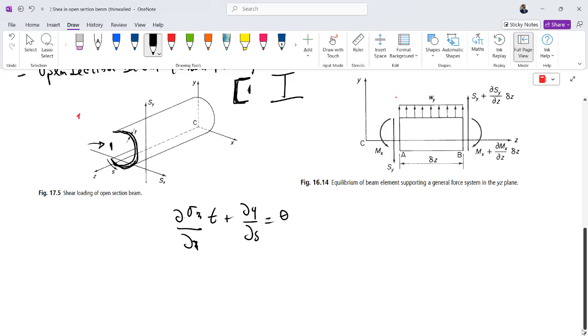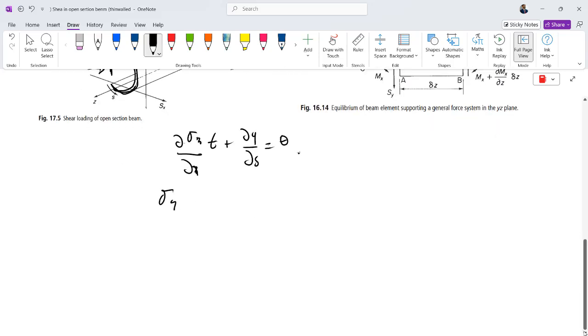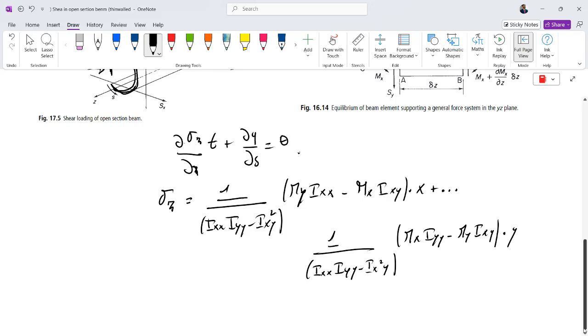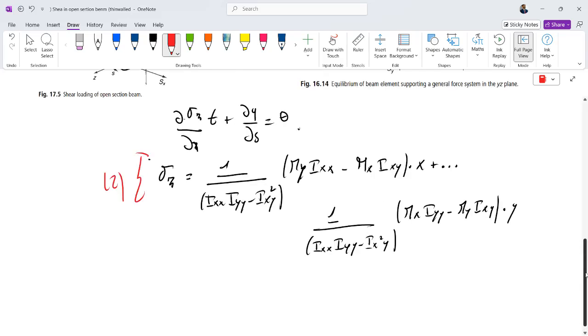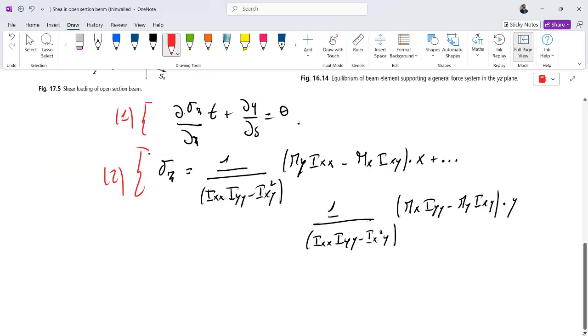for the equilibrium of beam elements supporting a general force system in the YZ plane, because we start to derive the formula for the shear flow, and we have also seen from the previous videos that sigma z, the bending stress due to the pure bending moment or due to shear loads, is equal to this general formulation. So this is the general formula. This is the second formula. This is the general formula of the sigma z. This is the first formula. This formula we know